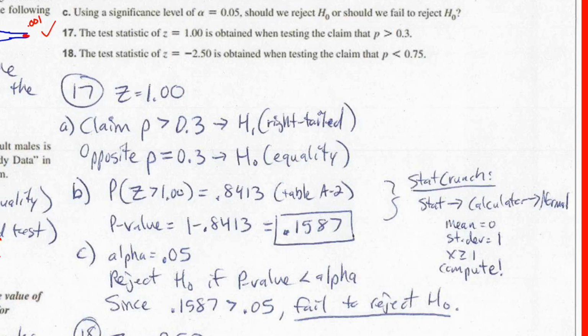Or the null hypothesis. So I used the table to figure out Z. I looked for 1, and I did 0.00, and then in the table it gave me a probability of 0.8413. But I do have to subtract,